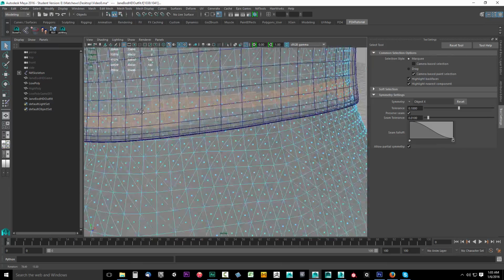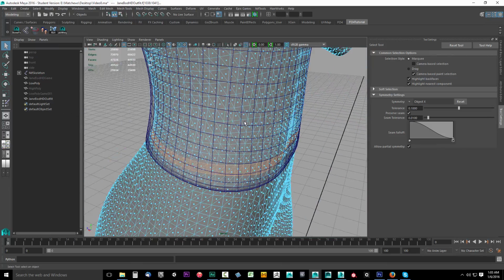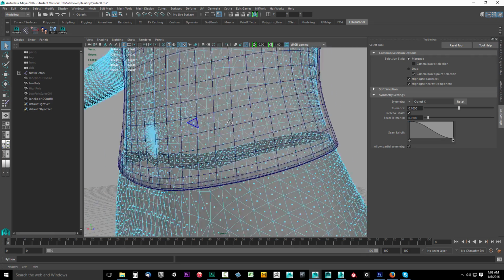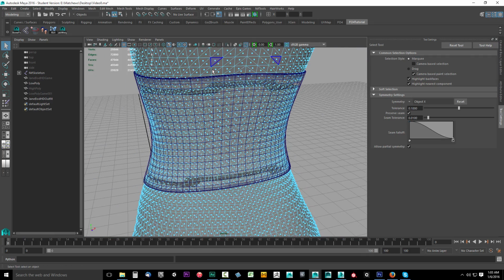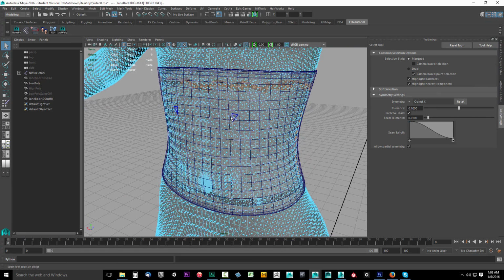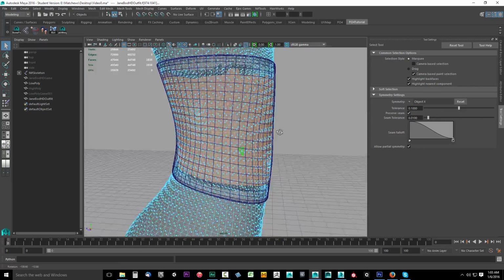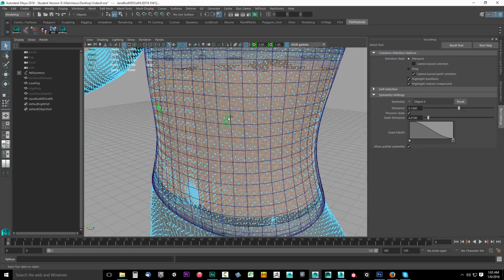So I got a row going all around the bottom. I'll go ahead and delete those. And just like when we deleted the inside of our outfit, this center piece is now detached from the rest of the body. We also have to select the front because there is a border going right here, an object border. So make sure that when you double click this, so I double click the face in the front,